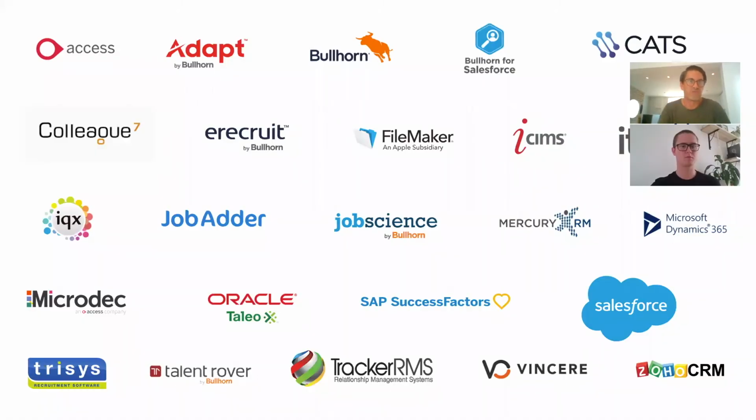But first, of course, you potentially would have used one of these systems. These are partners we work with. These are great CRM platforms that help you with your sales and recruitment processes. Certainly, they have ways in which you can search the data, and you may be doing things manually in some ways, or you may not be able to get to the candidates quickly, or you may find that recruiters just ignore the local data because they feel that they can't identify the best candidates quickly in the database,